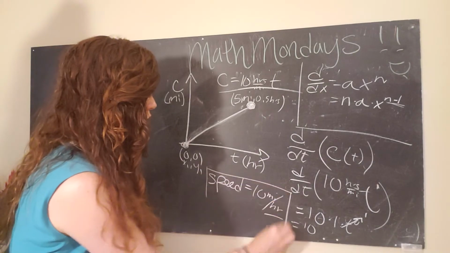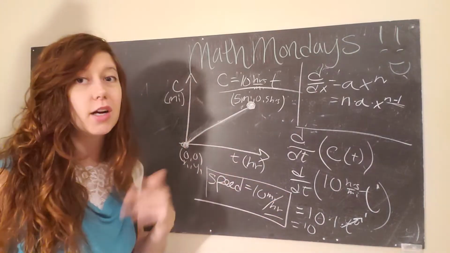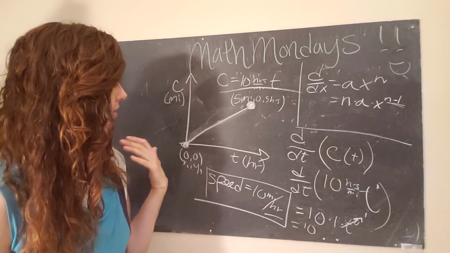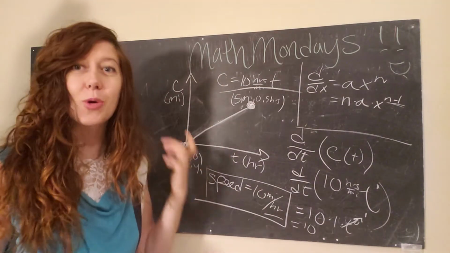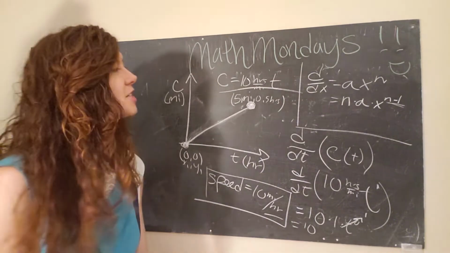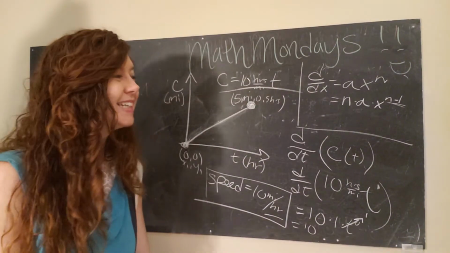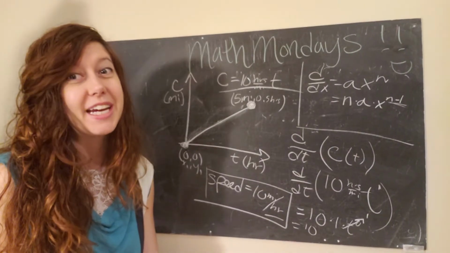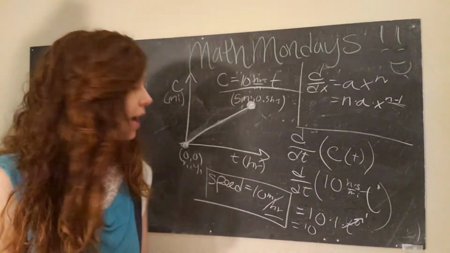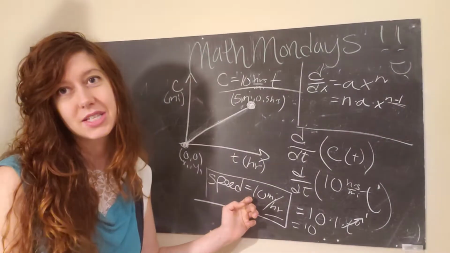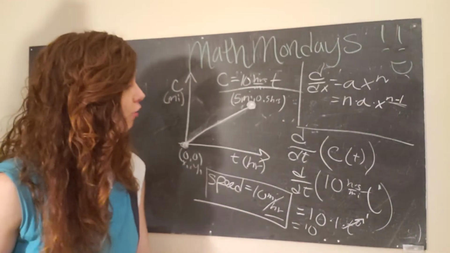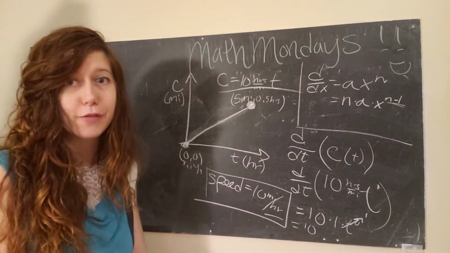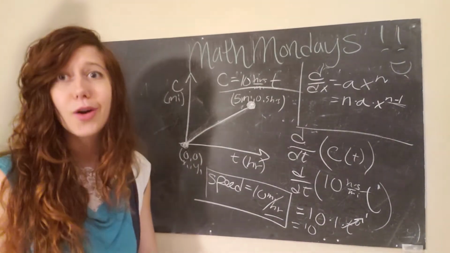But what this has told us is that the rate of change of our equation is 10. So our average speed was 10 miles an hour, and to answer our original question, did the traffic affect my average speed? The answer is yes. I was traveling way less than 60 miles an hour. I was only traveling about 10 miles per hour. So on side streets, you might be cool with that. But if you were on the freeway, you'd be like, heck no, that was so